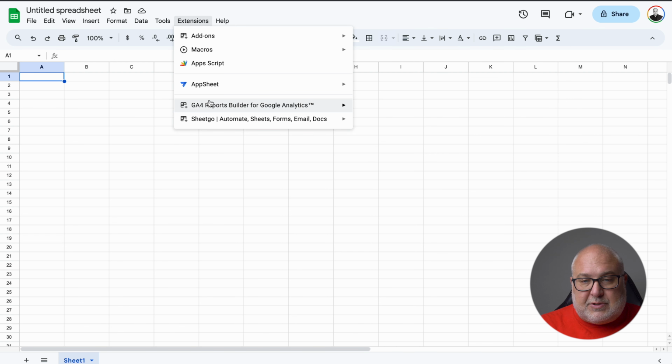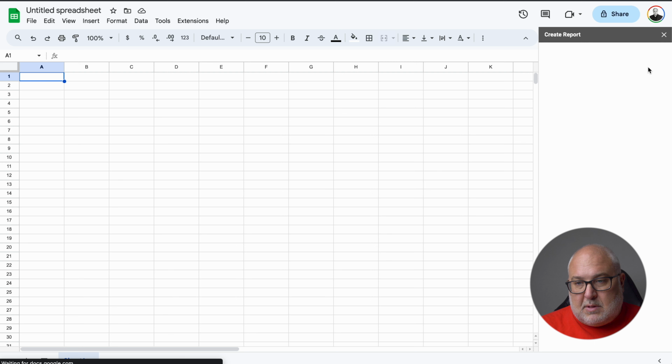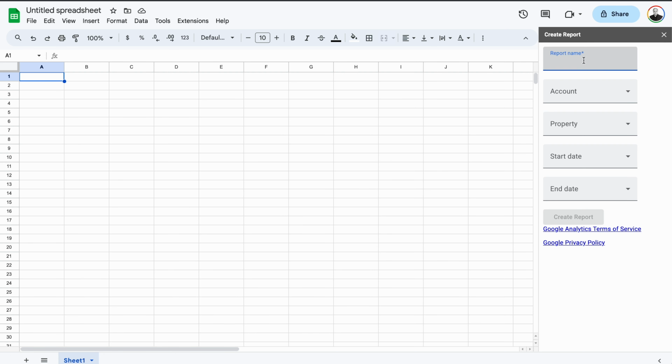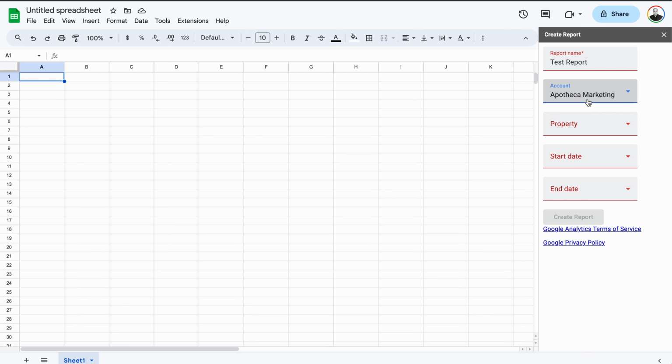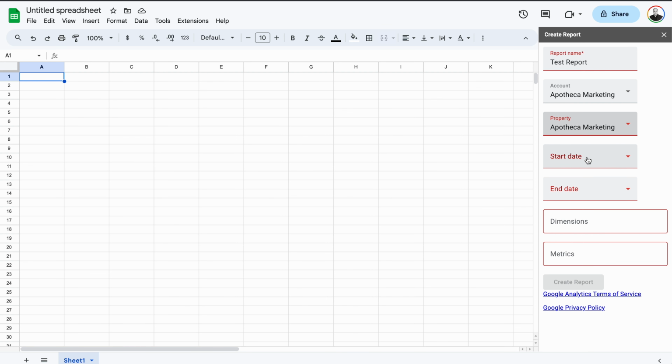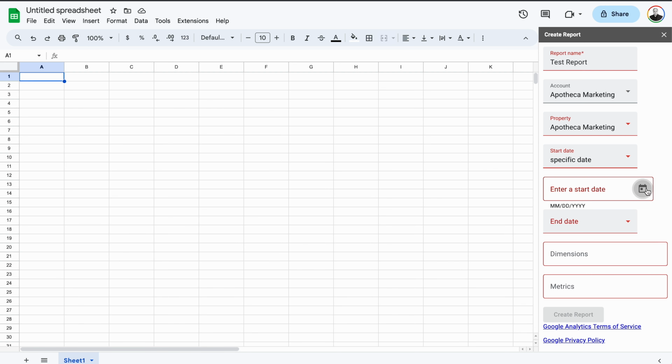And then to create a report, you just go down to that, create a new report. And it does take a little bit. You have to give it a name. We're going to just say test report. Choose your analytics account. So we're going to choose our own right here. And then you choose your property. I think it's that one. Start date. Let's do for all of August. End date